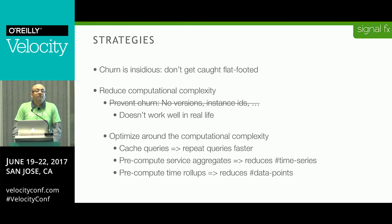This is also a very, very good strategy. I've seen that in use at Facebook and various other companies, and a lot of our customers sometimes send us this kind of data. The last strategy deals with data points. So we talked about reducing the number of time series. You can also reduce the number of data points that you have to work with. So let's say you have a service that's very important, let's say ads or whatnot, and it's reporting metrics every